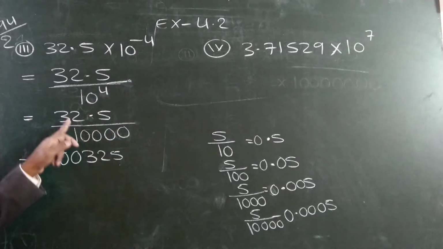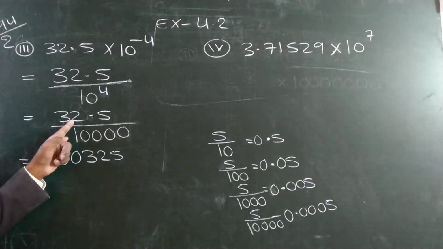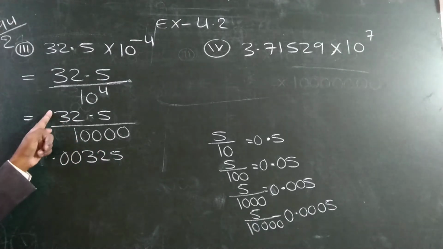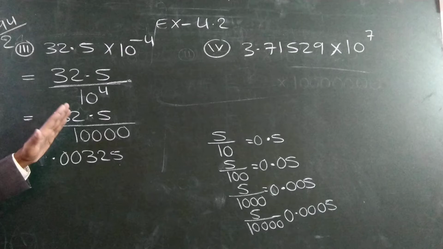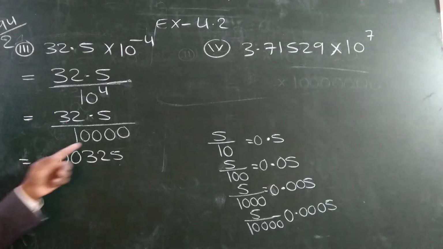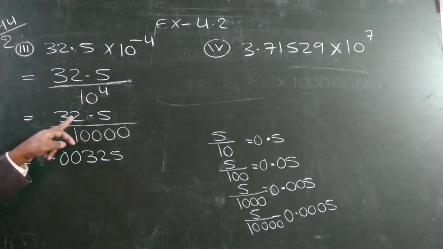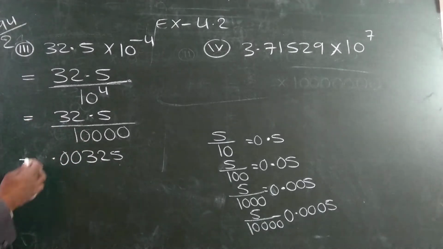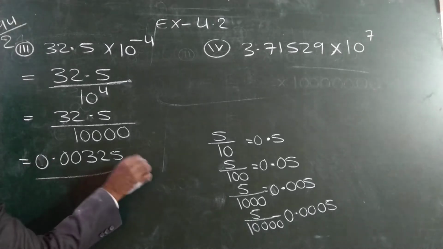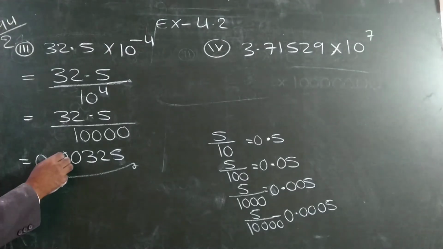So this is 1 digit, this is 2 digits. So total how many digits do you want? 1, 2, 3, 4. 1 more 0, 1 more 0. Total 4 digits. The decimal, 4 places we changed from here to here. How many places do we have to change? 4 places, because to remove 4 zeros, the decimal should be changed by 4 places. First place, second, third, fourth. So if there is nothing here, we write 0. This is the answer. You understand this.